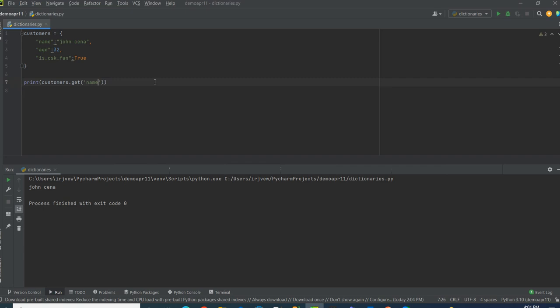Now if I pass a key which doesn't exist, it doesn't throw an error, but it will return None. In Python, None is an object that represents the absence of a value. So instead of getting a key error, we get None, and we can also optionally